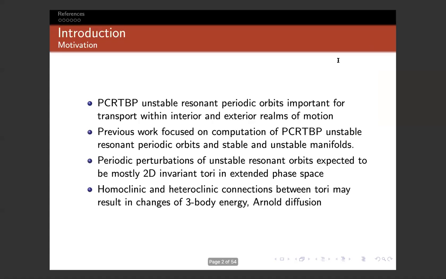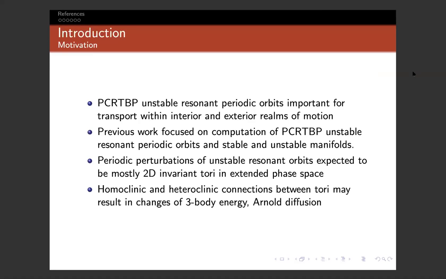Okay, so just a little bit of motivation for this work. In the planar circular restricted three-body problem, we have unstable resonant periodic orbits, which are important for transport within interior and exterior realms of motion. So essentially, say if you have the Sun-Jupiter system, then changing your semi-major axis, or in the exterior realm outside of the Sun-Jupiter system, changing your semi-major axis there, these orbits